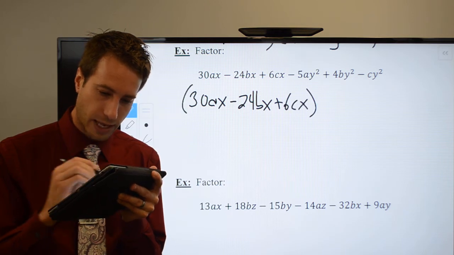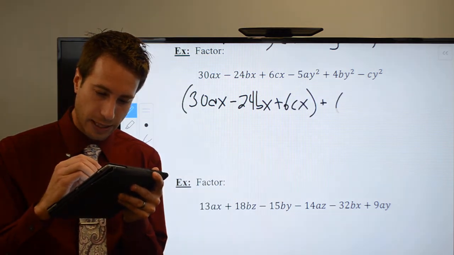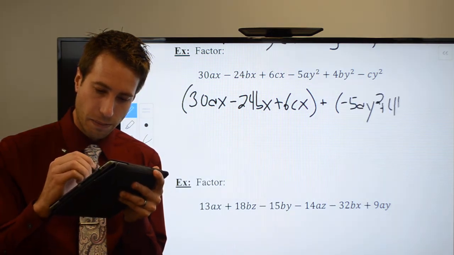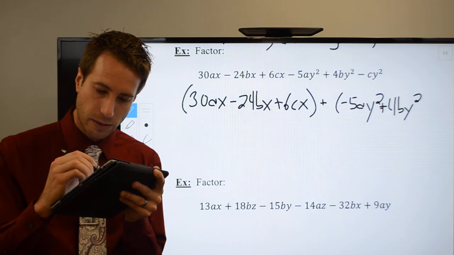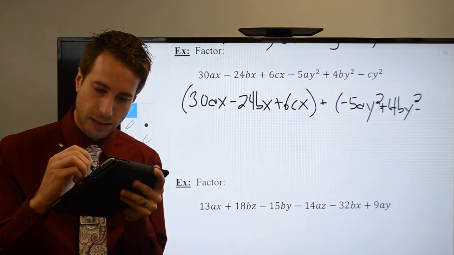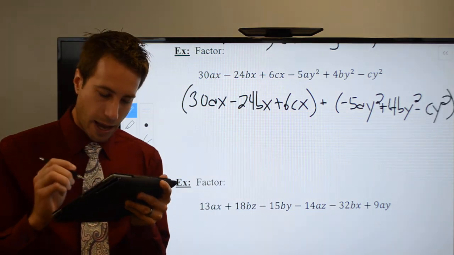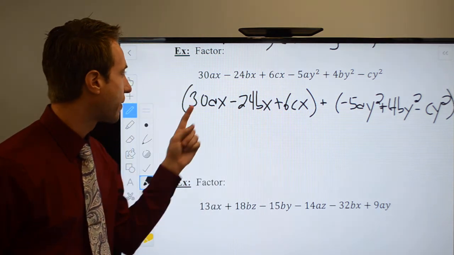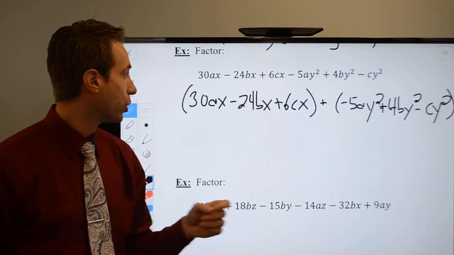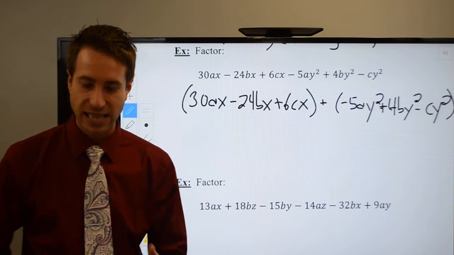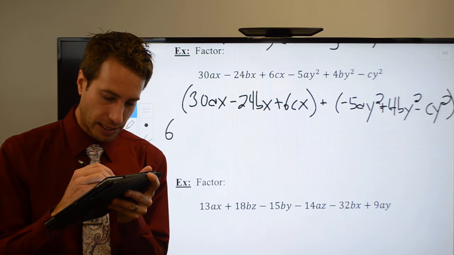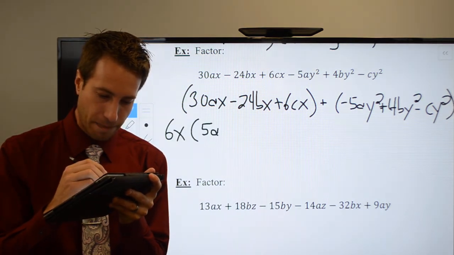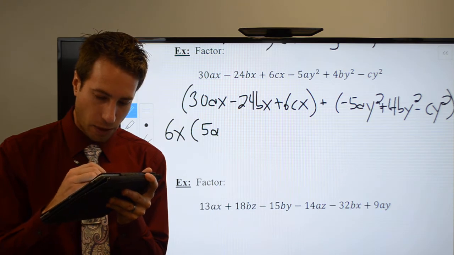All right, so I grouped those guys together, and then I grouped together minus 5ay squared plus 4by squared minus cy squared. And here we go. I'm going to pull out an x, and then let's see here. I have a 30, a 24, and a 6, which I believe I can pull a 6 out of all of those. So we'll do 6x, which is going to leave me with 5a minus 4b